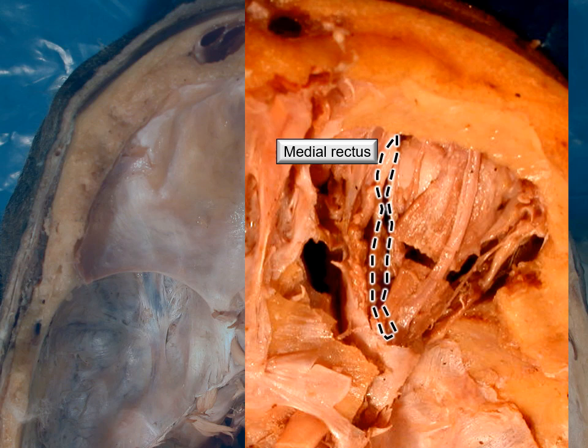It inserts into the sclera like other muscles, about 5 to 5.5 mm behind the limbus, in front of the equator. It is closely associated as an extension, the medial palpebral ligament. From its sheath, it gives an attachment to the medial palpebral ligament. It is supplied by the inferior division of the oculomotor. Now, action, its simple action is adduction of the eyeball. That is the line of action of the muscle. As a result, the eyeball is moved towards the nose.